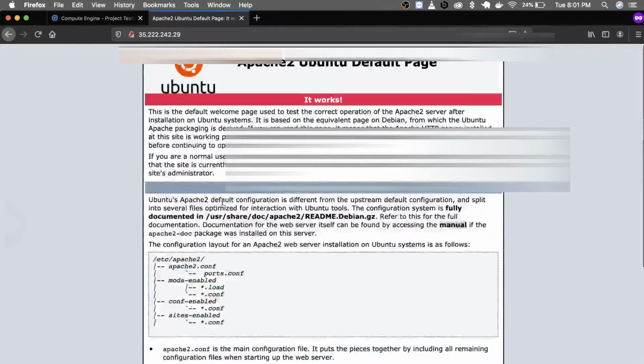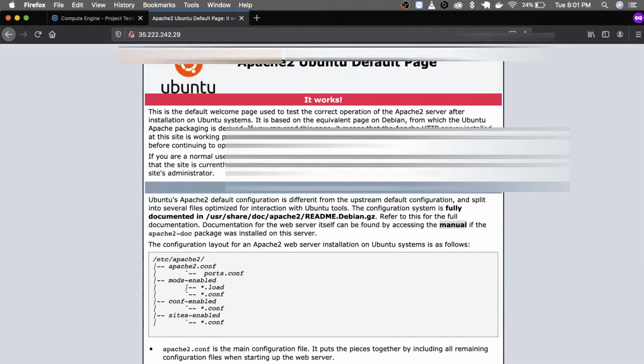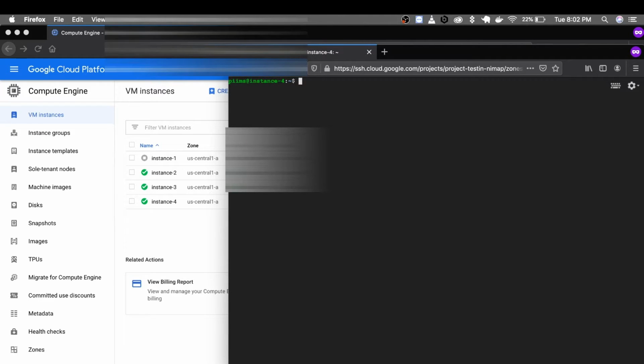Once you see this page, that means your Apache server has been installed successfully. Now I will also show you how you can deploy your static page. In this tutorial I'm not going to connect this server with a backend or any MySQL servers. This is only a tutorial for static web deployment.